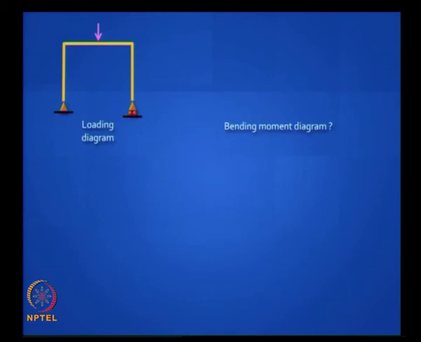Some concluding points. Okay, this is a favorite question which I can assure you 1 in 1000 engineers answer correctly, but since you have studied this you will probably give me the right answer. Can you draw the bending moment diagram? So most people will draw this. Is this right or wrong? It's wrong. Why is it wrong?